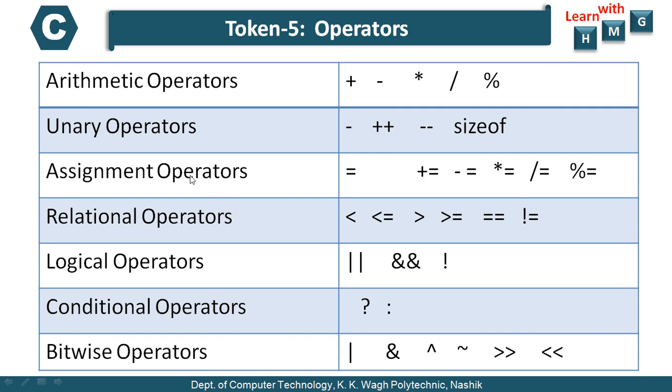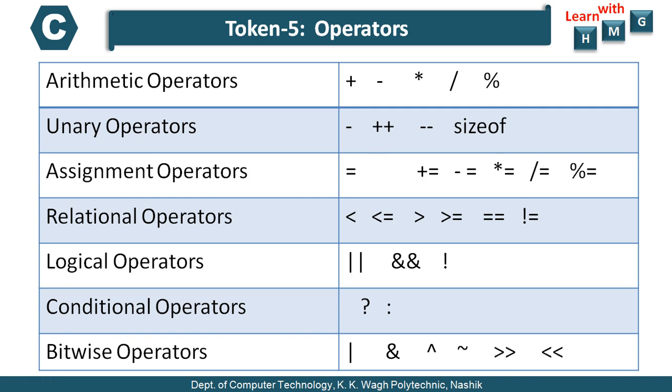The third category is the assignment operator. In mathematics we call it equal to, but in C language it is called assignment. It is used to assign a certain value to the variable, or to store a certain value in the variable. This assignment operator along with the above arithmetic operators are combinedly called shorthand assignment operators, for example plus equal to, minus equal to, asterisk equal to, slash equal to, and mod equal to. These first perform the arithmetic operation and then the assignment. We will see the details of all these operators in another video, types of operators in C, afterwards.